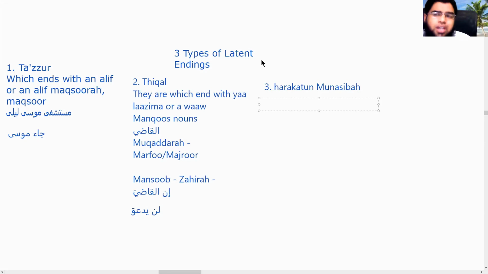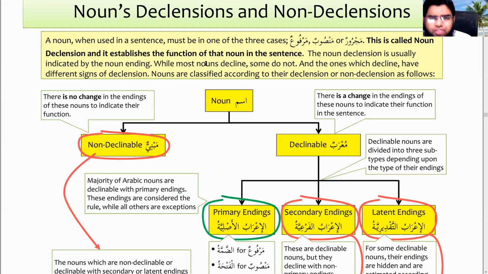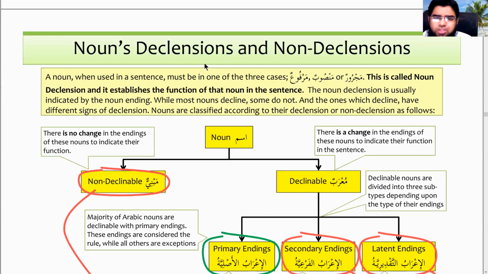Okay, so this is what I wanted to start our brief with. Okay, let's read this, inshallah, 5 pages, I guess, of the notes, and then we'll do maybe 1 page of the lesson. Nouns, declension and non-declension. This is the notes, right? So in book 3, majorly we have 10 forms. We have 10 lessons for that. Rest all, we learn majhul, we learn i'rab al bina, and we have noon sakhilan mukhaffifa, istisna, maful, all 5 types of maful.